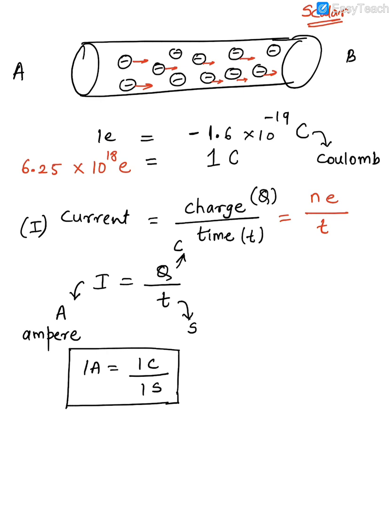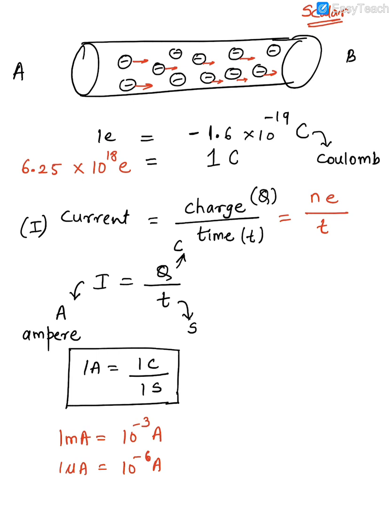Okay. Now, second thing, you have to also know the smaller units of current. What are the smaller units of current? One is milliampere. So a milliampere is 10 raised to minus 3 ampere. Then what is a microampere? It is equal to 10 raised to minus 6 ampere. Out here you must have noticed that we are not using bigger units of current, like kilo ampere and mega ampere, because we don't need that high amount of current. We don't use it in our daily life either. So these are the smaller units of current.